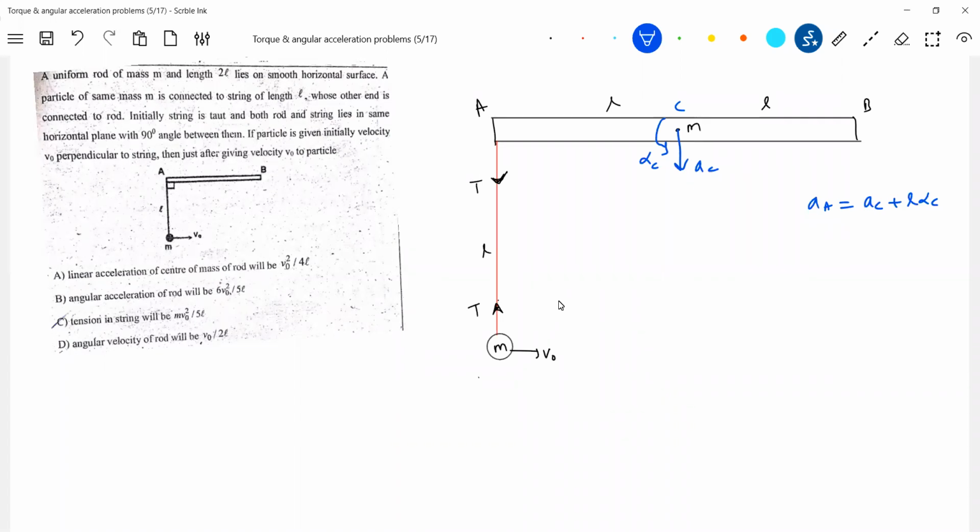Then look at this particular particle now. It is going to describe motion about point A. It is hinged about point A, and point A is accelerating. What is the acceleration of point A? Acceleration of point A is like this here. Just a minute observation you have to make. This is the acceleration of point A.